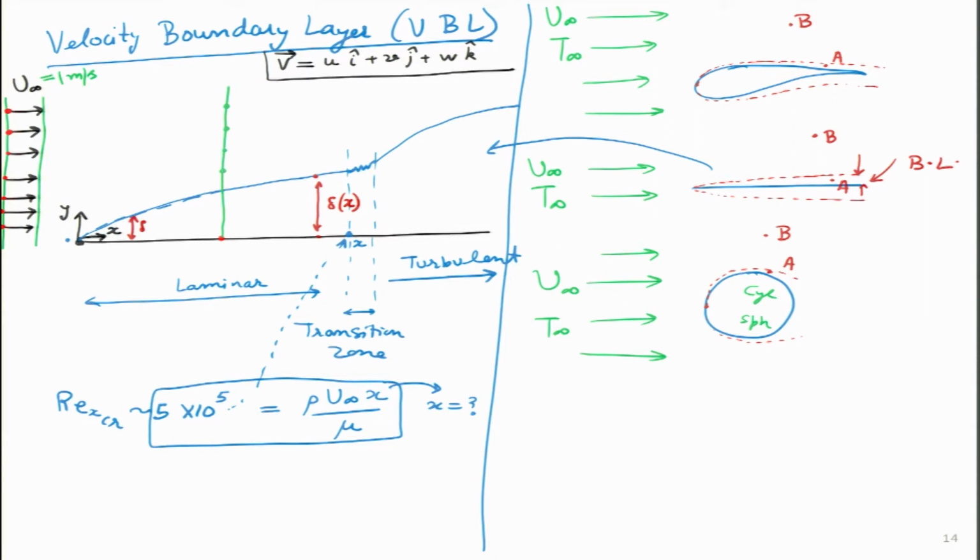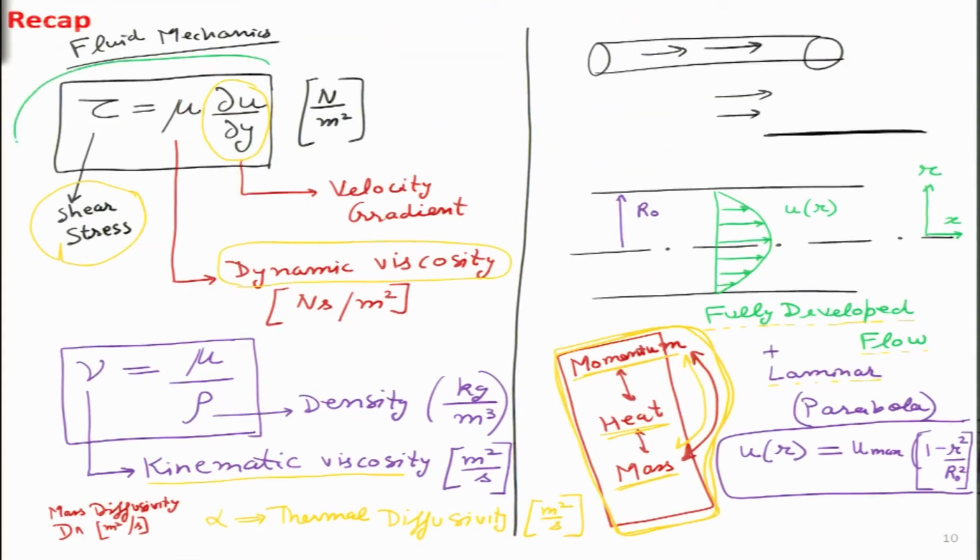So, since by definition they are outside the boundary layer, because this is the boundary layer region, all this over here that I have highlighted, all this is the boundary layer, and the part above the boundary layer is outside it. So, their viscous effects are kind of negligible. So, inside the boundary layer viscous effects are very significant, and outside the boundary layer viscous effects are negligible. If you go back 2 slides, we have discussed the value of viscosity and correlated it with the shear stress over here.